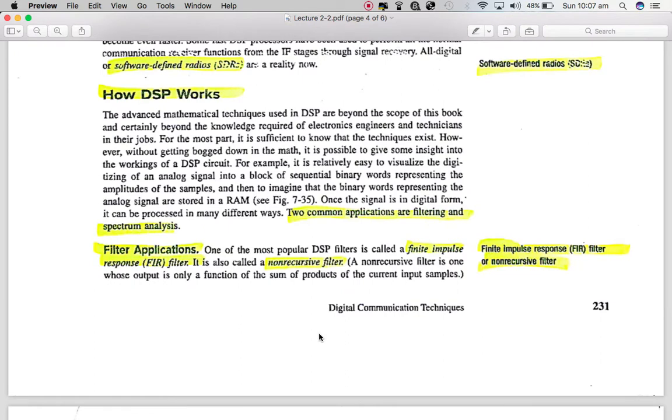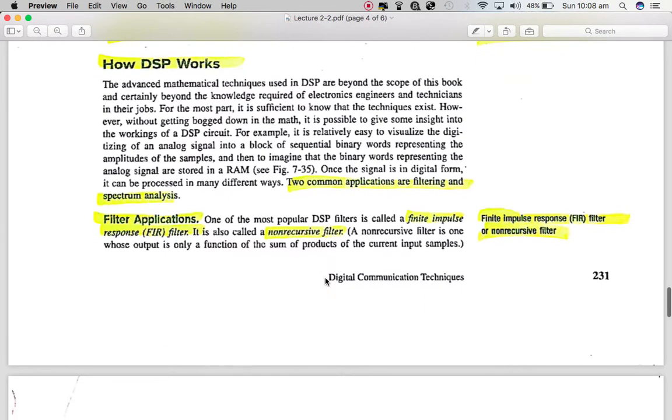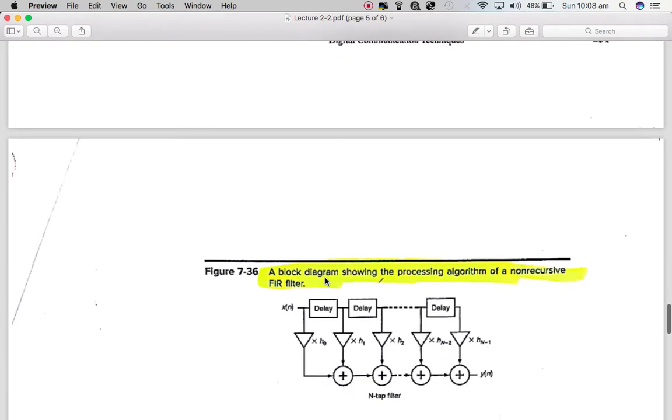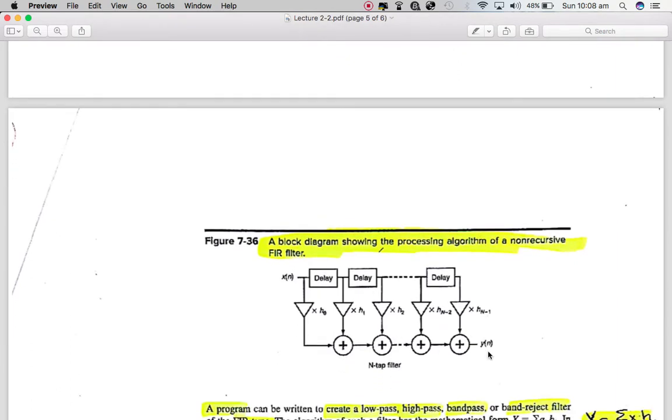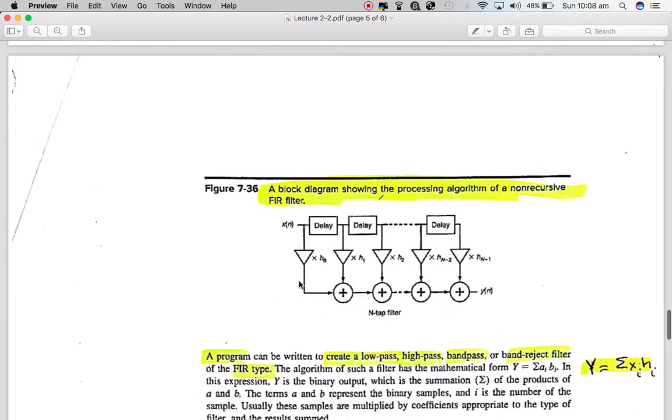Normally there are two kinds of filters in the digital regime: the FIR filter, the finite impulse response filter, and the IIR filter, the infinite impulse response filter. In this discussion we will discuss the FIR filter in more detail than the IIR filter. The FIR filter is a non-recursive filter, which means that it takes into consideration only the present and past values of the input for the calculation of its final output. And we can see here the algorithm demonstrated in the form of a diagram of an FIR filter,